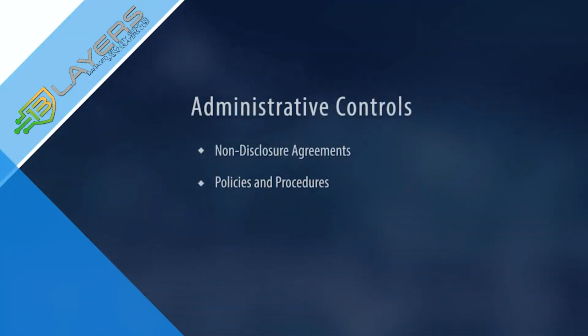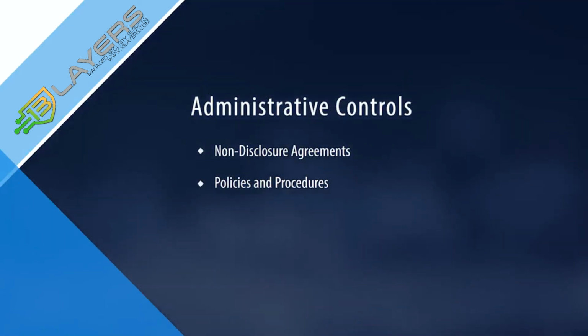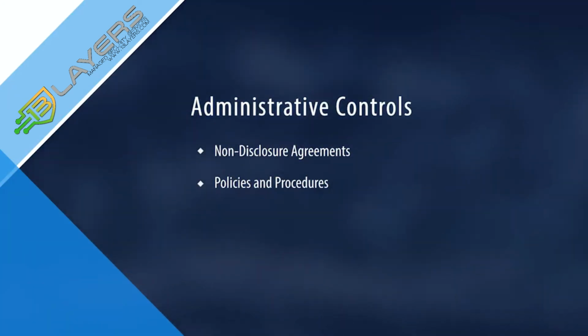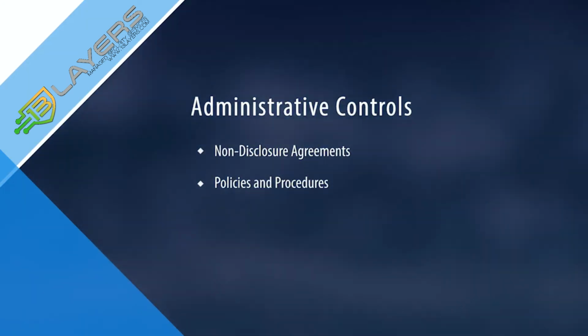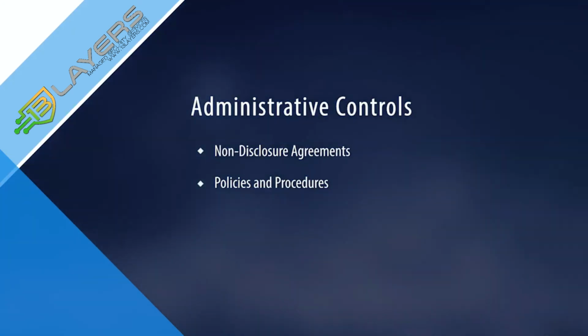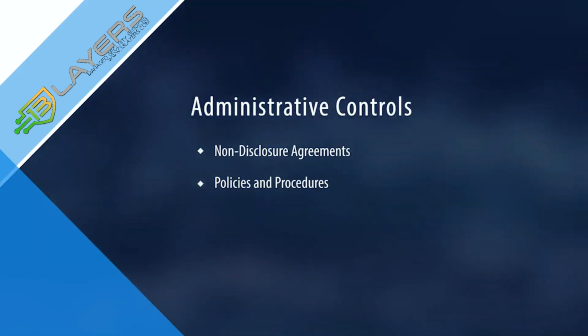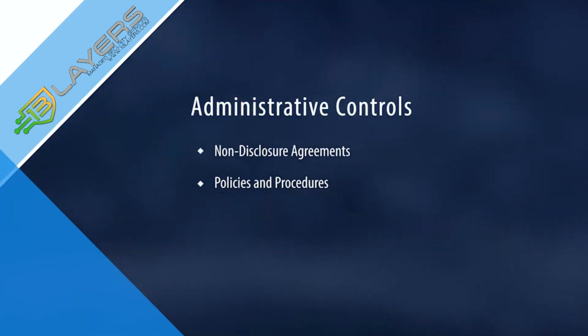Administrative controls usually augment or correspond to technical and physical controls. Administrative controls will oftentimes spell out the requirements or actions of an employee. Some of the common administrative controls include the following. Non-disclosure agreements are used to limit discussions or disclosure of non-public information to authorized parties. Before you disclose information to someone, ensure they are authorized and have a need to know.